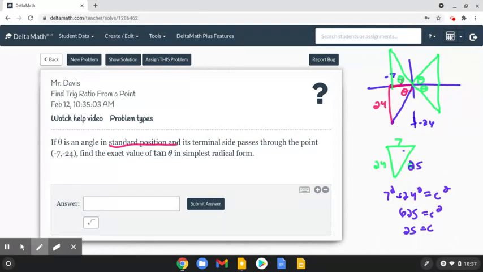25. And again, my theta is there. All right, so now we can go ahead. We're asked to find the tan. Tangent is opposite over adjacent, right? That's my TOA. So the tan of theta,